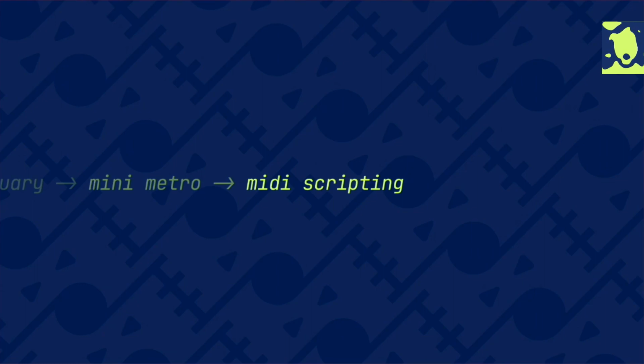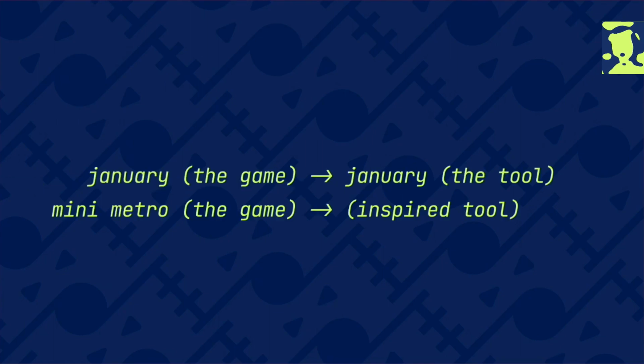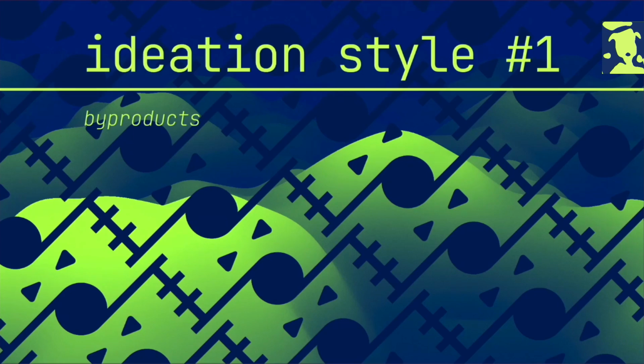But even though there is this clear chronological pattern, there's another pattern emerging, I think, which is that there's one type of experience and it's morphing into another one. There was January the game, which turned into a tool, Mini Metro the game, which led to the tool that was inspired by the game and the work that I did on it. And these ideas lead me to the first ideation style that I want to talk to you guys about today, which is